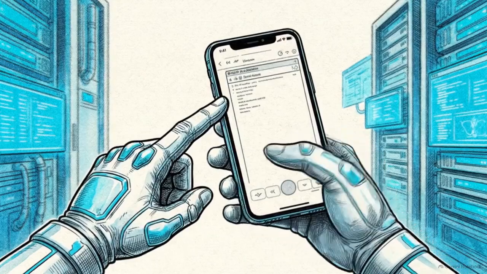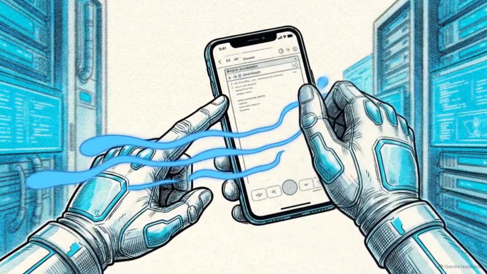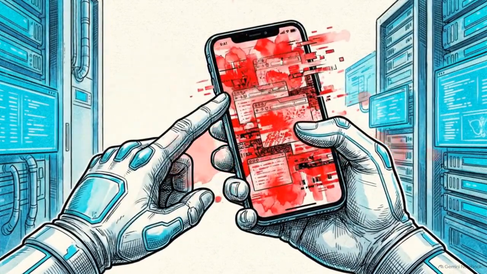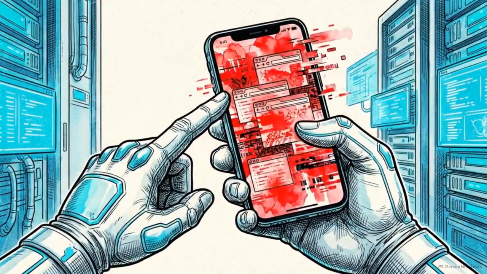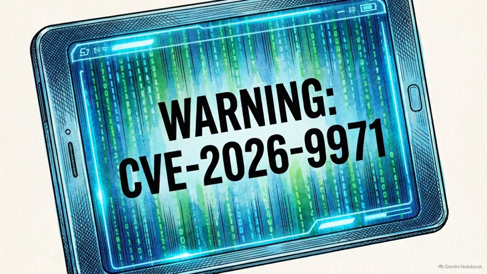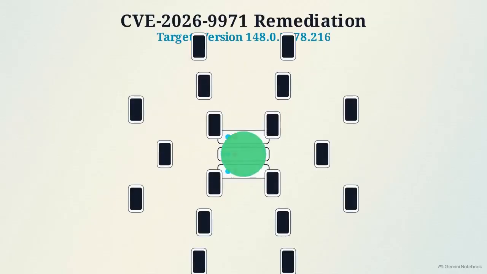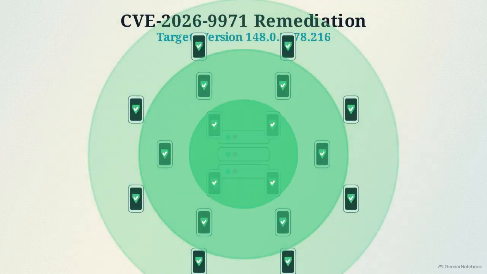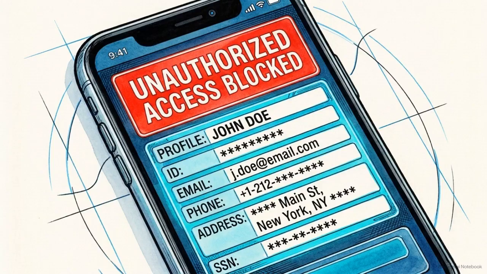A single gesture on a malicious web page can now completely break mobile browser context isolation in Google Chrome for iOS. This is an official Coordinated Vulnerability Disclosure Briefing for CVE-2026-9971. Our immediate operational goal is straightforward: force ecosystem-wide vendor patching to protect highly sensitive user session data before active